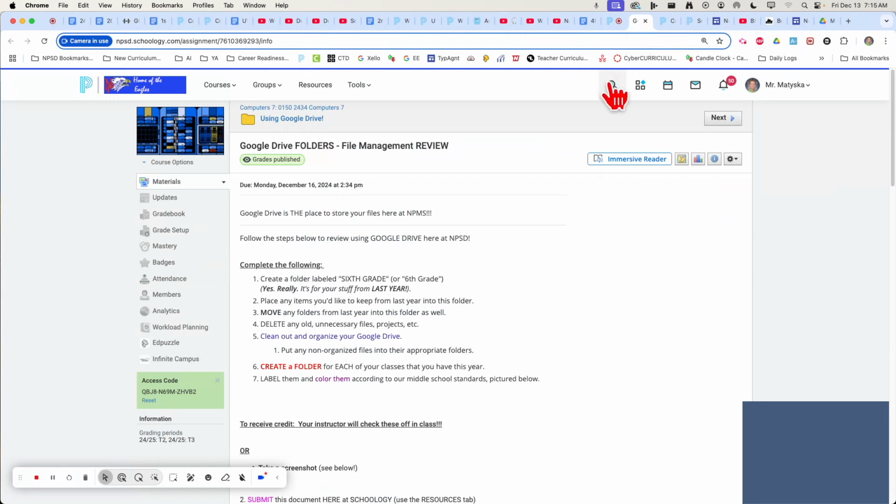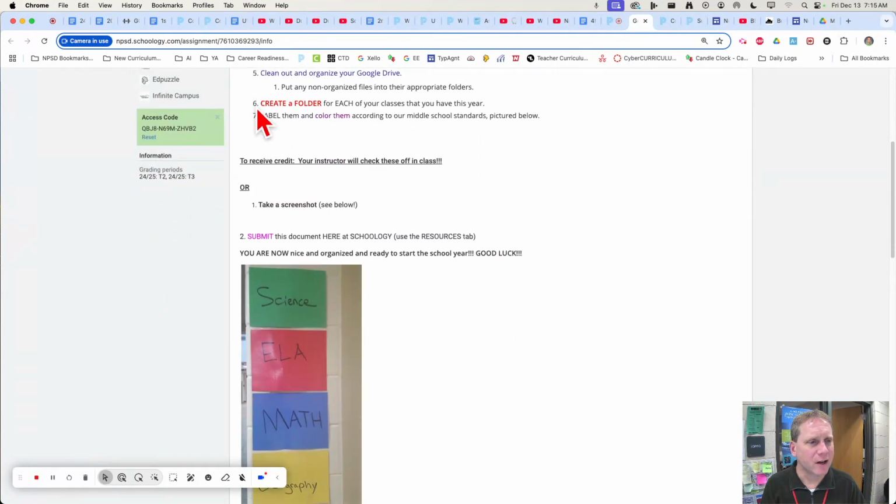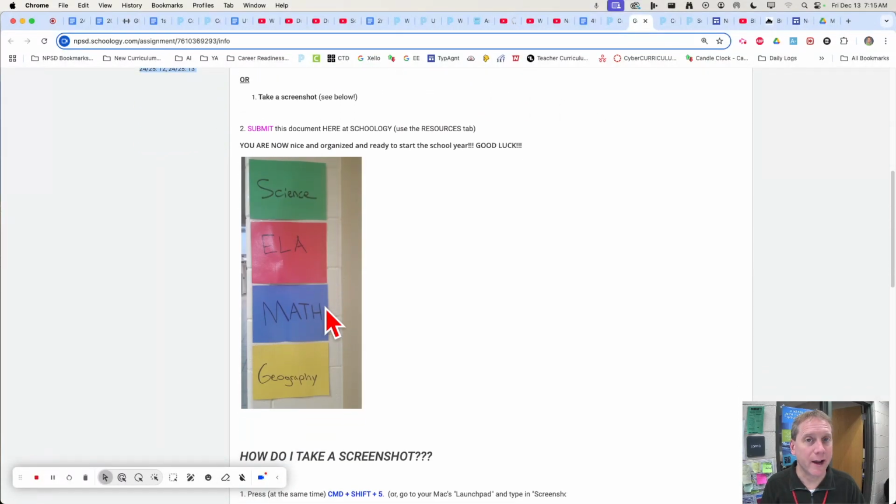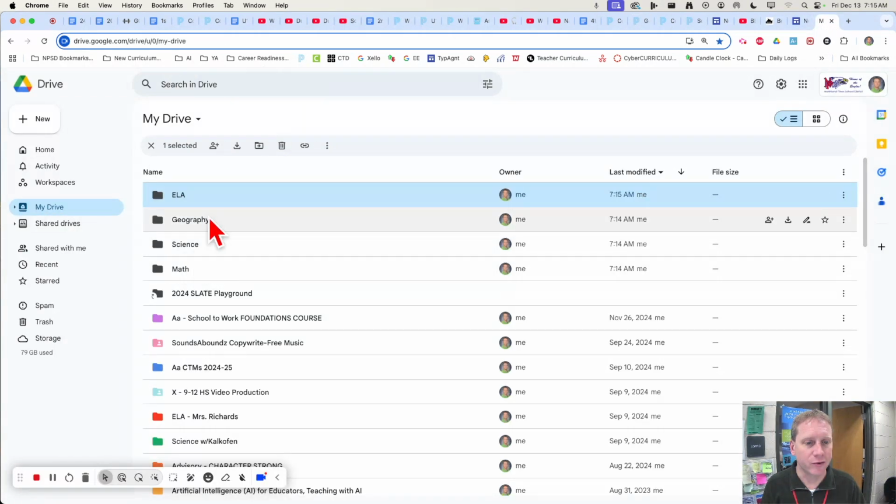that is to color code them according to what your academic teachers use as their subject's color. So like you see in this graphic here, Science should be green, ELA should be red, Math should be blue, Geography should be yellow. So we can go back into our Google Drive, find those folders again, and all you